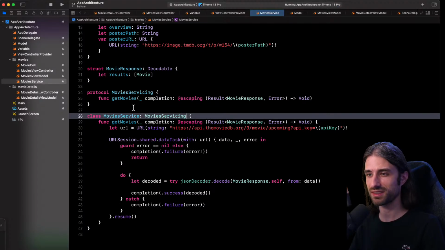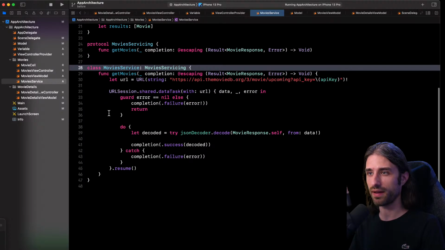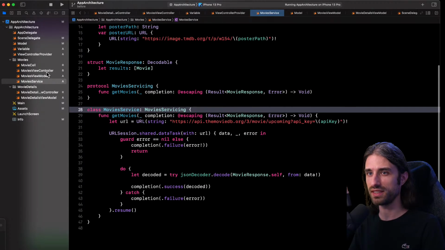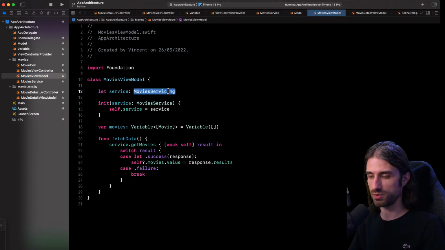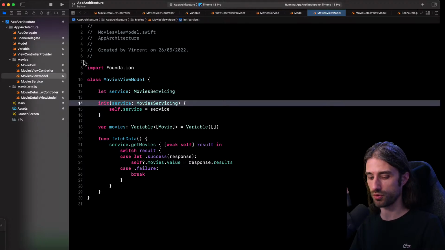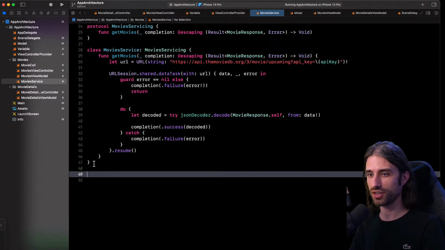So like this. And what I'm going to do now, first I need to do one thing. Inside my view model, I no longer take a movie service, but a movie servicing. So it could be anything that implements the protocol. Okay, the app still builds,